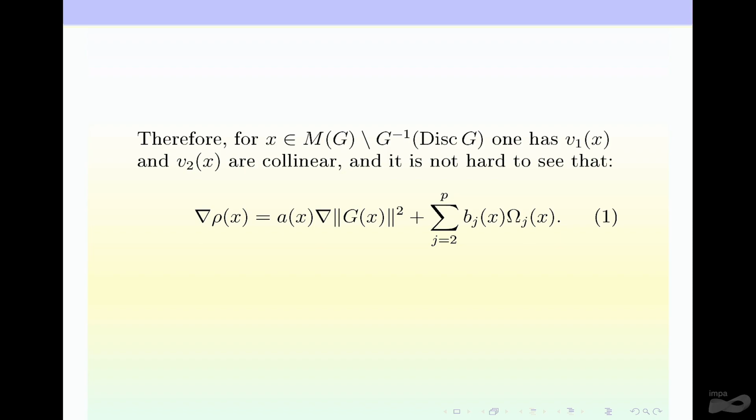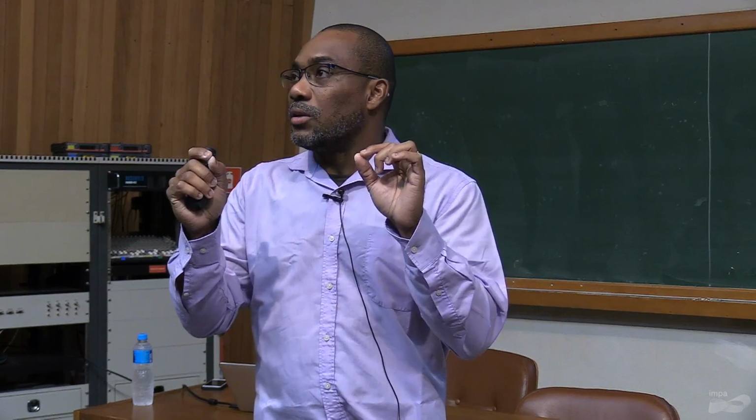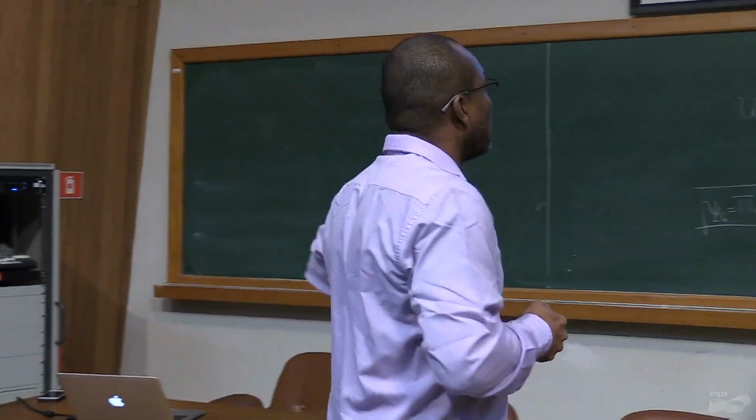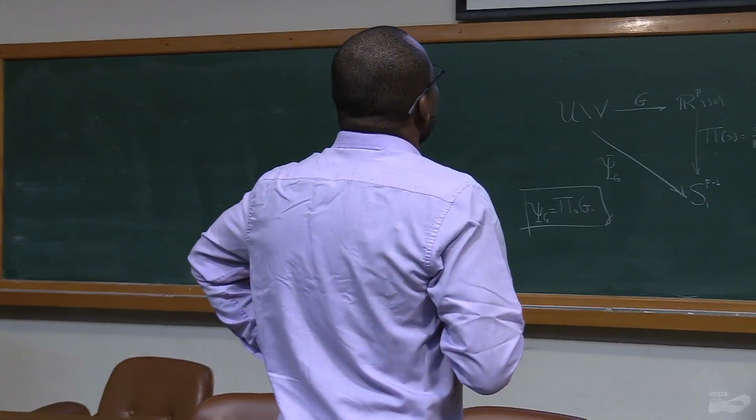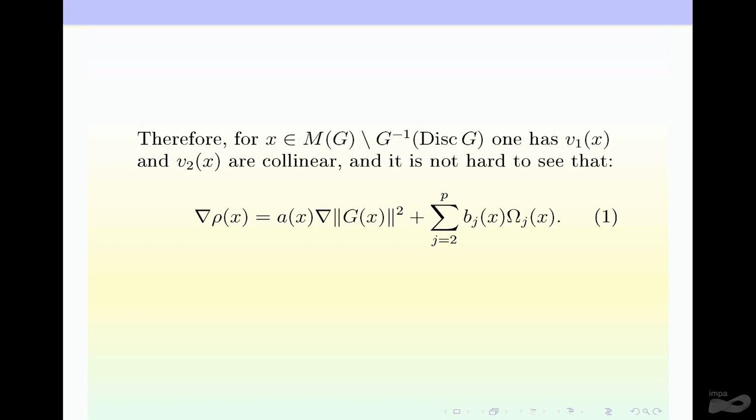Okay, maybe you need a little bit more information about the composition of each omega j to see that in an easier way. But that's the point. So if the point is in the Milnor set of G,